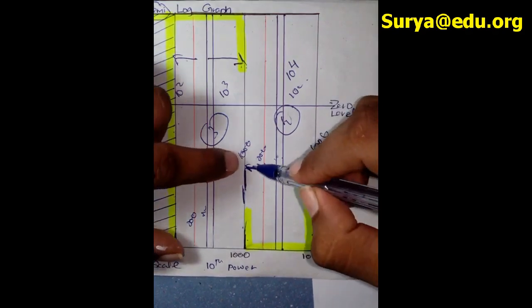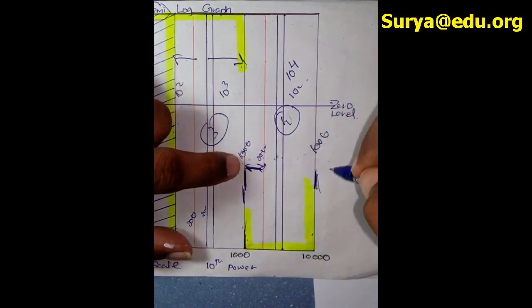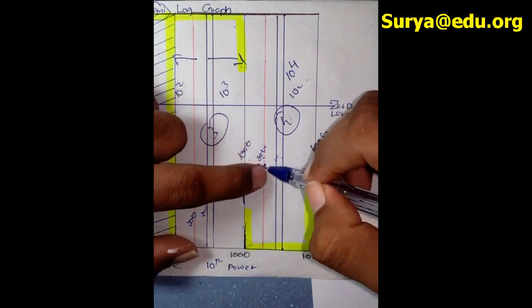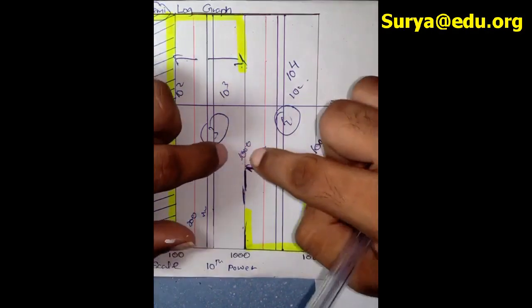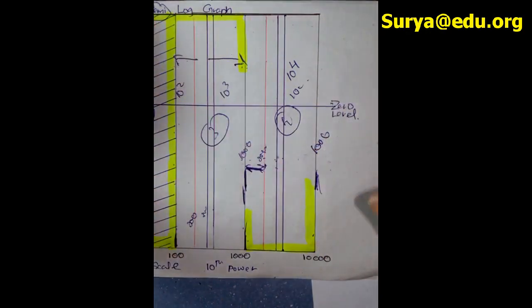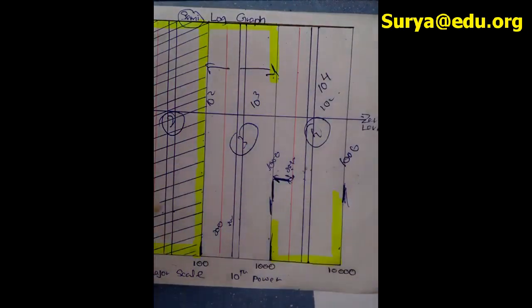That means if you consider the division between 2000 and 1000, it is not the same. The division is also decreasing. The division from 2000 to 1000 is this much, and the division from 3000 to 2000 is this. The division is not the same. Actually, it is reducing, right? That is the speciality in the semi-log graph. Until I sketch the magnitude plot, first of all I'm giving you an idea about what a semi-log graph is.